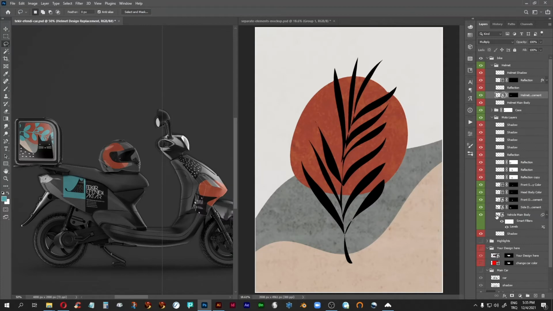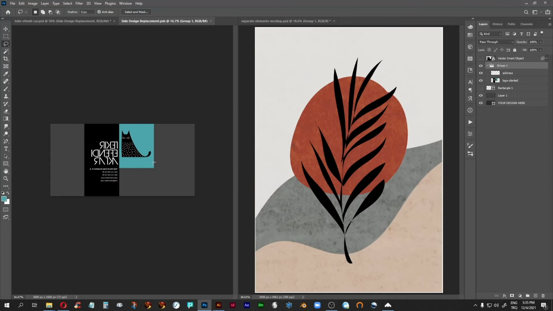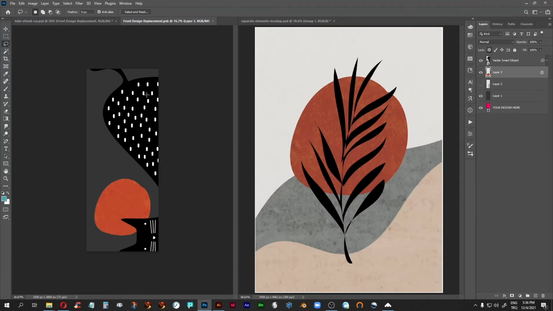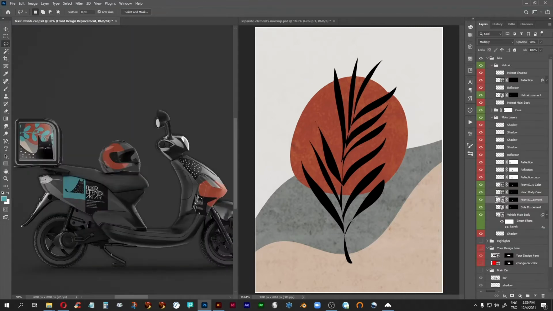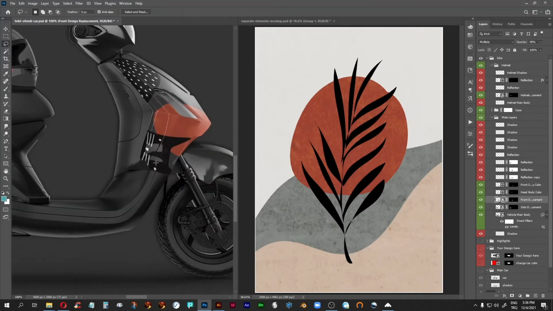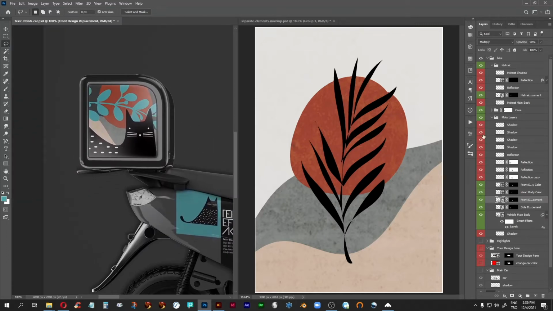So I just have the red dot on the helmet. Now let's see. The side design is this, and here all I have is the logo, and then it looks like this. It's flipped, as I already told you. Here what I have is the big cat and then another red dot, and that shows up like this. So the cat is just peeking out from here. And then of course the most important thing is the case, and for the case again I just, let's see,